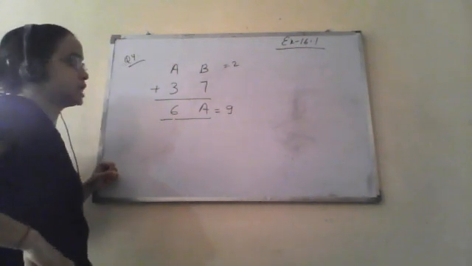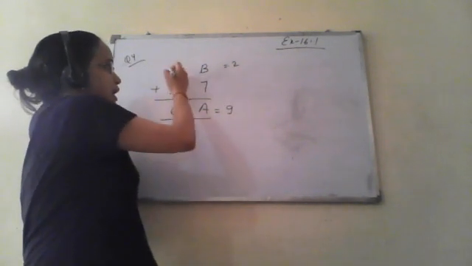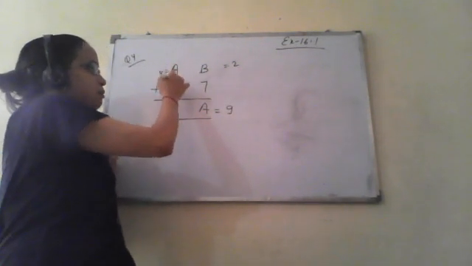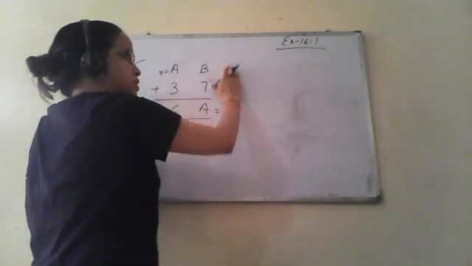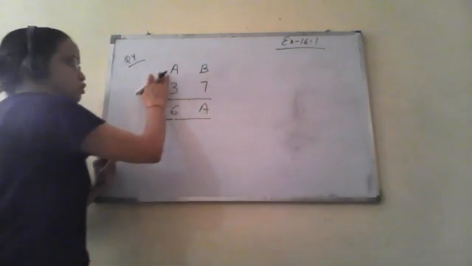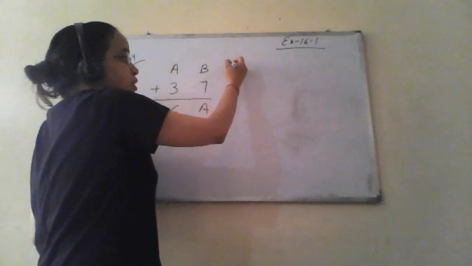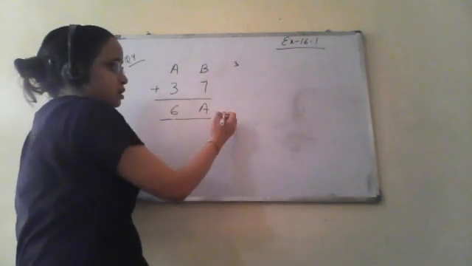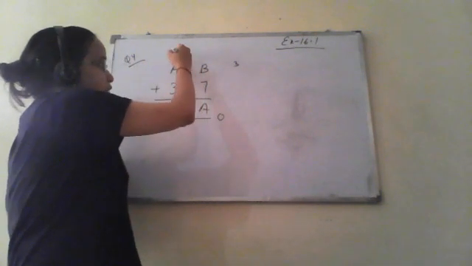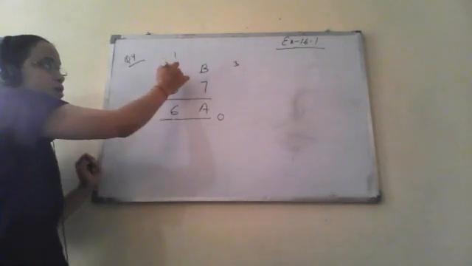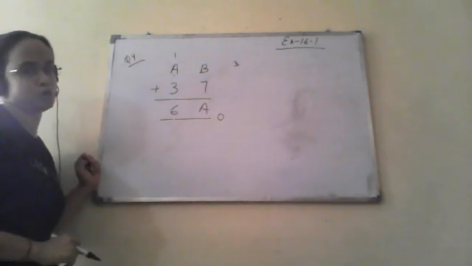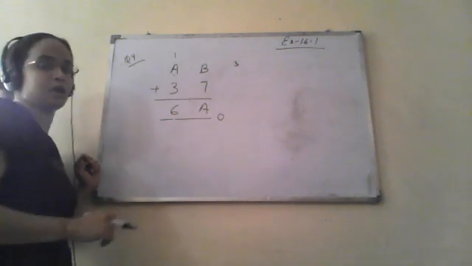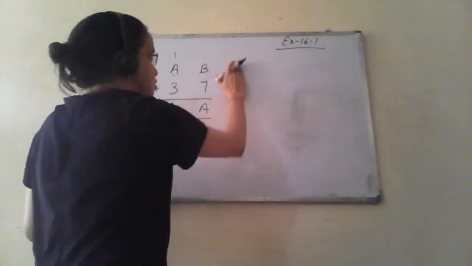7 plus 2 will be 9, and if I am putting 9 here, it will be 9 plus 3 will be 12. So B equals to 2 is not the value. Similarly you can take B equals to 3. 3 plus 7 is 10, it will be 0, and we have to keep 1. So we cannot take A equals to 0 here. So the answer will be again 4. So this is also rejected.